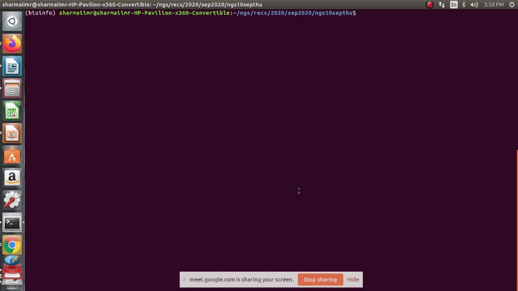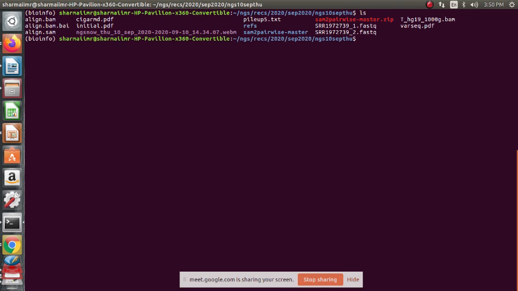So if you can see carefully, ls, cat pileup file.txt. We can actually name this file as well, that's left to us. So samtools mpileup -f $ref align.bam.